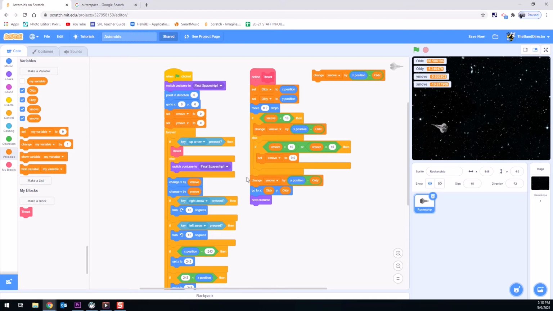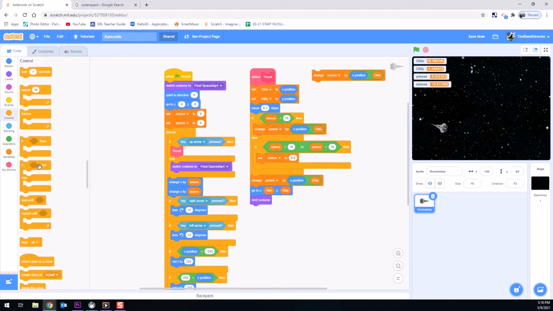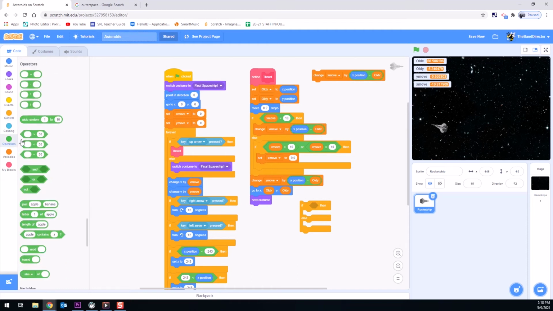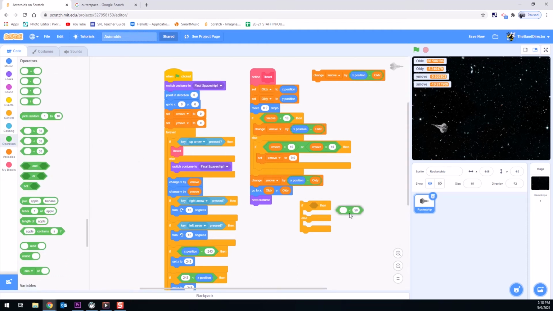We need to add all of this, and it starts with an if then else statement. It's under control. We have if, then, else. And then the next thing we have is this X move is less than 10. So we're going to need an operator. In this case, we need to work with the Y move, okay? So if